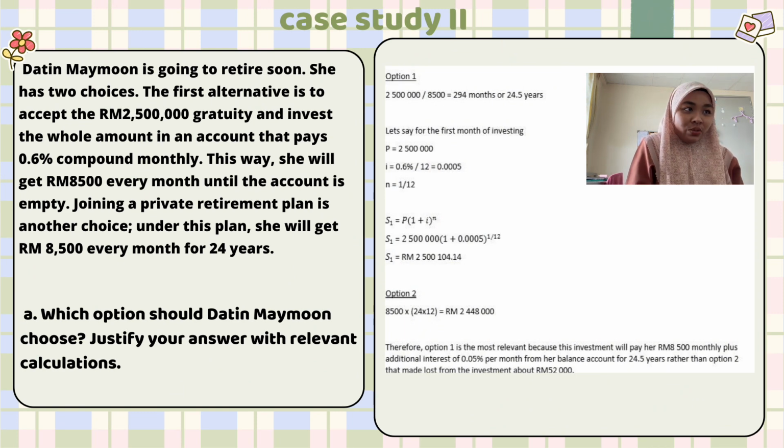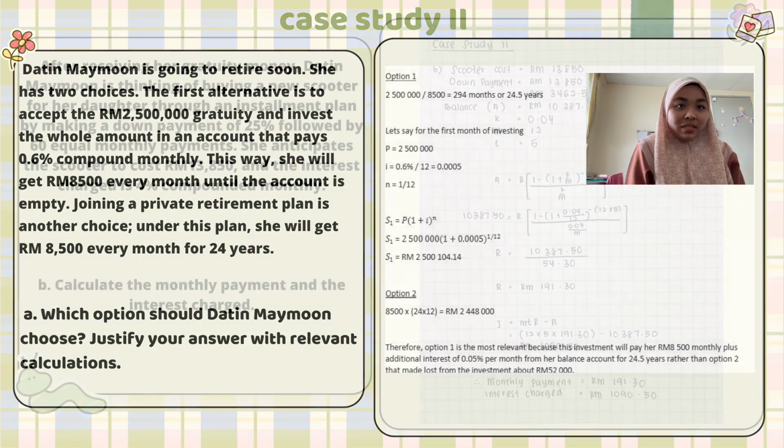For option 2, firstly we need to multiply 24 with 12 and multiply it again with 8,500. So the answer will be 2,400,048,000. Therefore, option 1 is the most relevant because this investment will pay her 8,500 monthly plus additional interest of 0.05% per month for her account balance for 24.5 years, rather than option 2